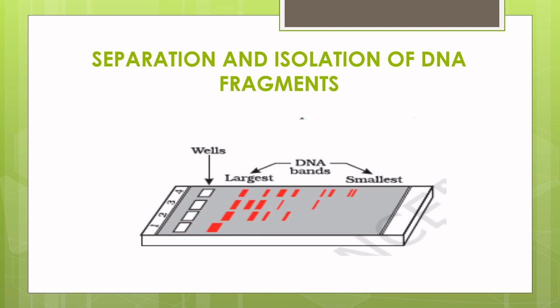The separated DNA fragments can be visualized only after staining the DNA with a compound known as ethidium bromide, followed by exposure to UV radiation. You can see bright orange colored bands of DNA in the ethidium bromide stained gel which is exposed to UV light. The separated bands of DNA are cut out from the agarose gel and extracted from the gel piece, and this step is known as elution. The DNA fragments purified in this way are used in constructing recombinant DNA by joining them with cloning vectors.